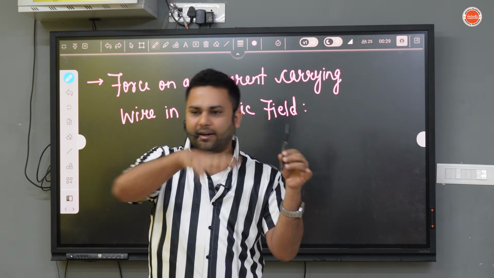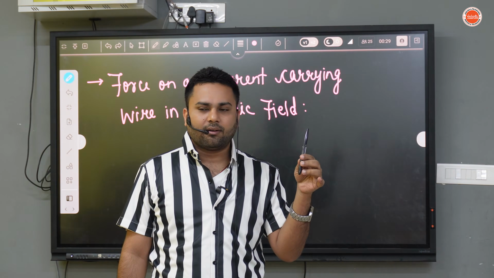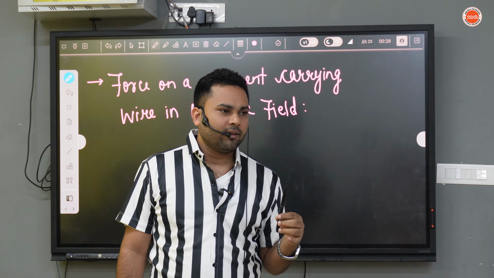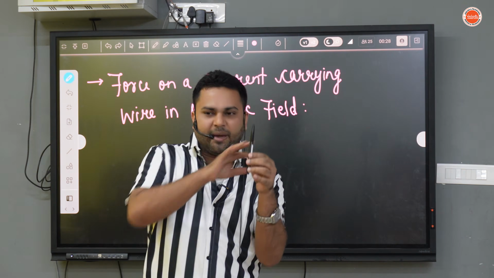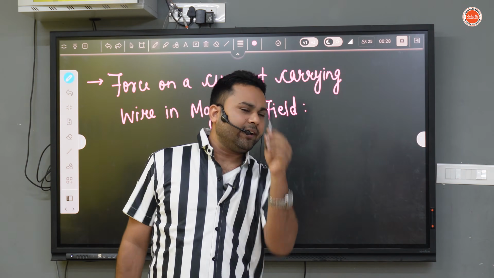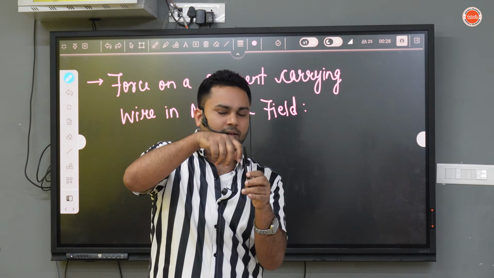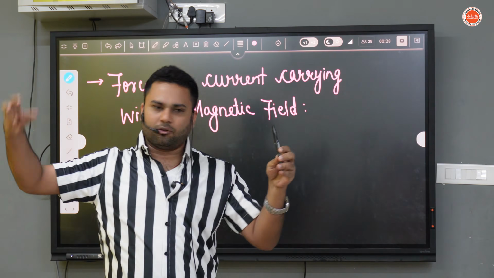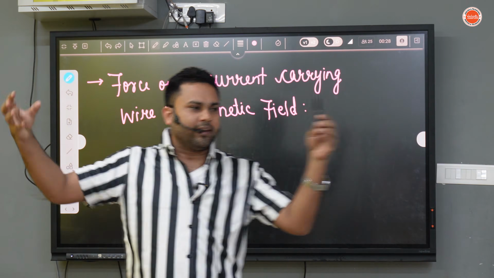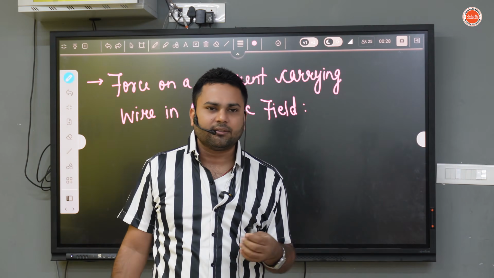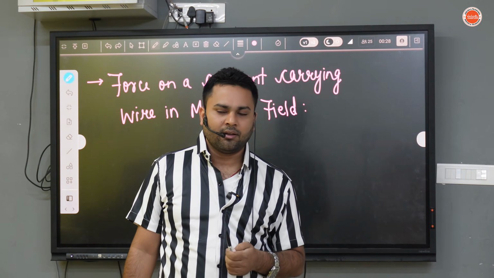Now the wire is kept in a magnetic field. Nothing will happen, correct? Nothing will happen. But suppose current is flowing. Now if current is flowing, what will happen? A magnetic field will be there. And if I take another magnet, there will be another magnetic field. The two magnetic fields will interact, so either it will repel or it will attract. Correct? So that's why